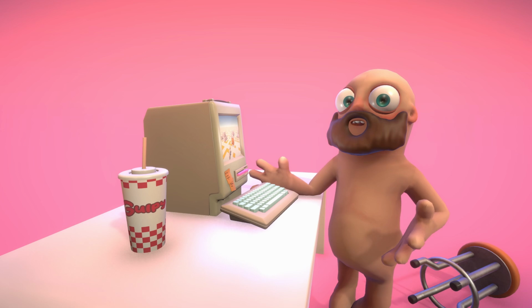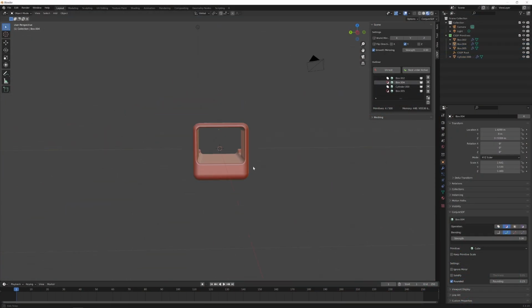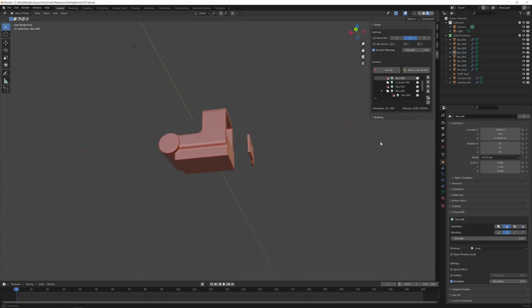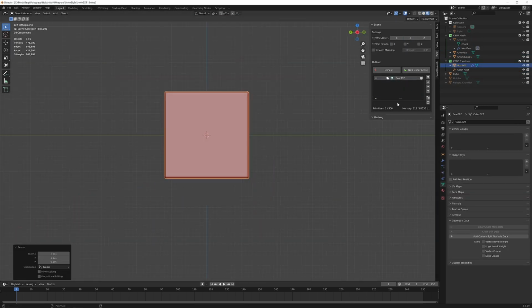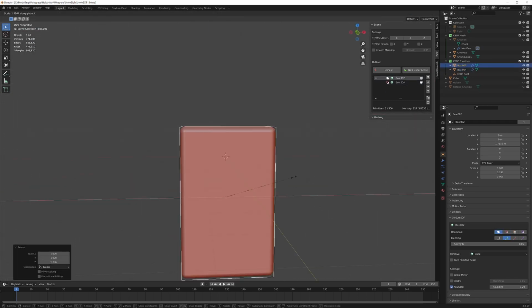Since releasing the last devlog, a new Blender add-on has just come to the market with lots of potential for hard surface modelling. That add-on is called Conjure SDF. Conjure SDF uses these neat things called signed distance fields for creating really clean Boolean operations, and this allows you to easily create hard surface models that would be very difficult to make with more traditional